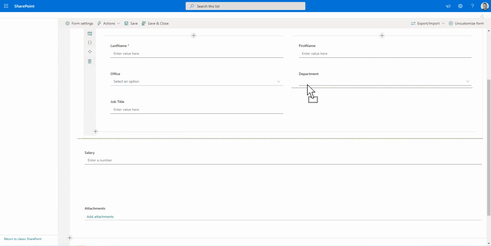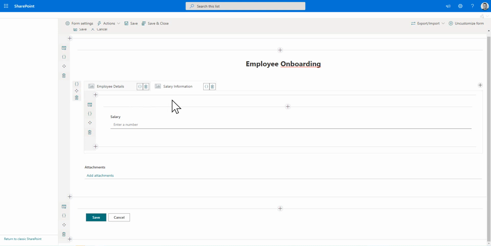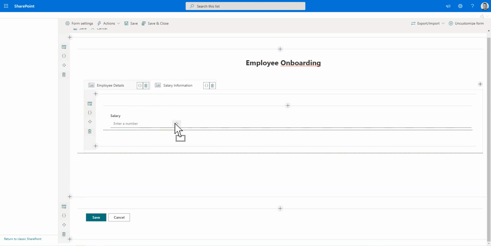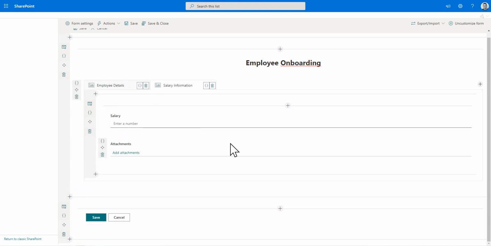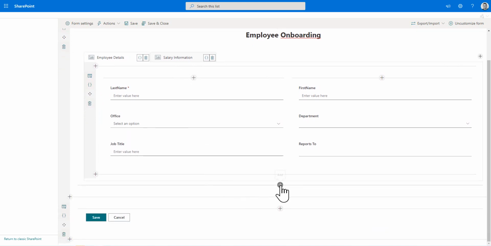and reports to. Okay, so the salary field, we're actually going to drop that here under the salary information, and I'll stick attachments there as well, just in case we want to attach any contracts or anything like that to this particular employee. So there are my two tabs, and the next thing we're going to do is go through and insert that